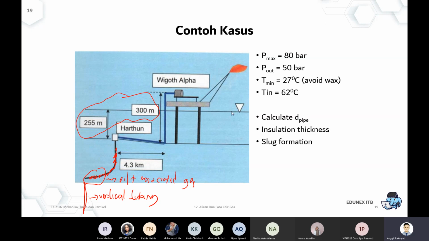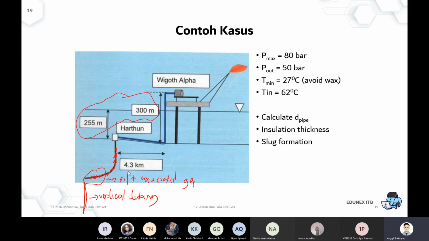So it's just the illustration of the system that I mentioned to you in almost every offshore production of oil and gas. You can imagine that this is the wellhead production. To the bottom, that will be the tubing to get into the actual reservoir of the oil and gas. And every time we produce oil, there must be some associated gas mixed with the oil, so it must be a multi-phase flow.